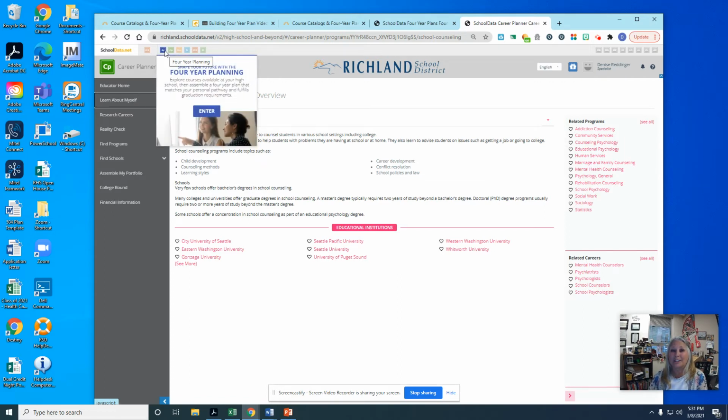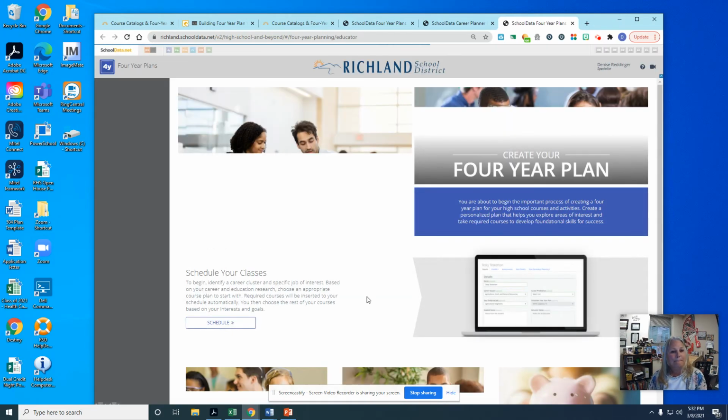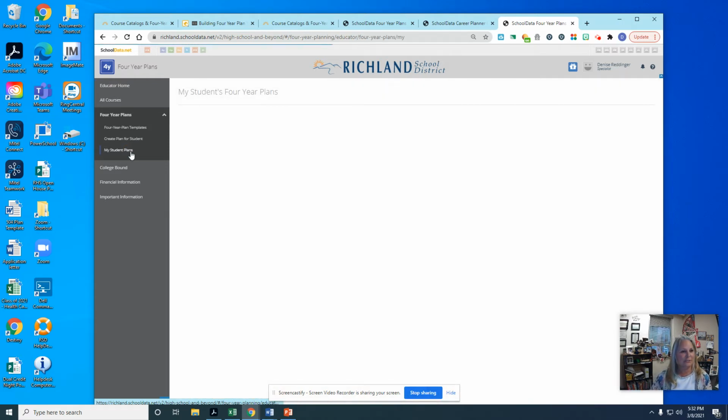But now we're going to go to the 4-year planning tool. Okay, so it's at that top bar, 4-year planning tool. Let's enter into there. And so this one, there's lots of things you can do here, but really today the focus is for us to go into the 4-year plan. So click on that on the left-hand side, and we're going to go to this is not really good because it shows all of my student plans.